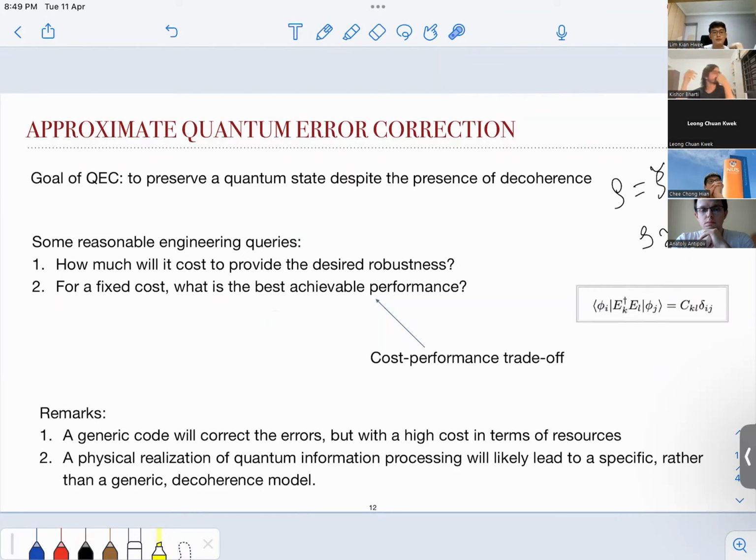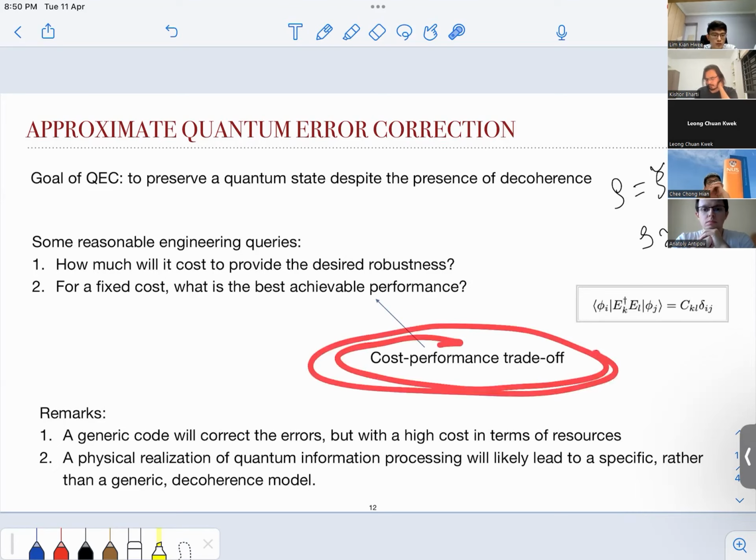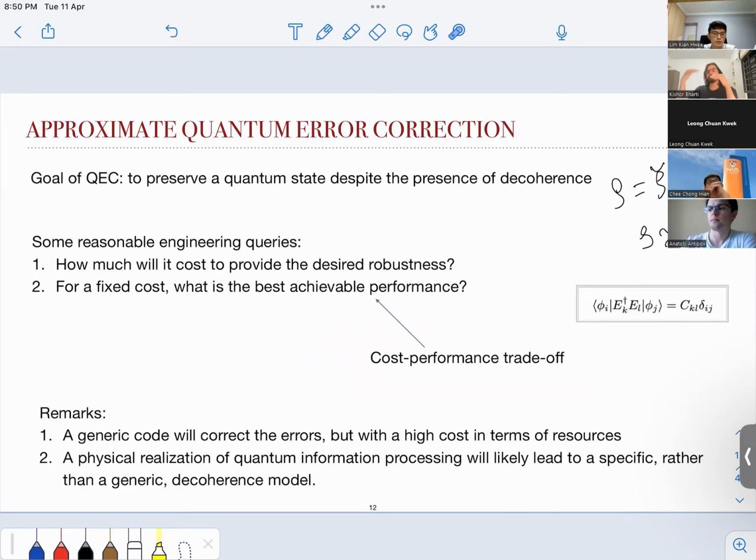Let's say I do not have 5 qubits to encode one logical qubit. I have only 4 qubits. Can I still do some error correction? So these are very sensible questions in the NISQ era, because we do not have too many resources. And the question is, with the limited resources, can I still do some error correction? You can think about quantum error correction as an engineering problem, where we are asking about cost-performance trade-offs. If you put a lot of cost, then there will be better performance, but less cost, then